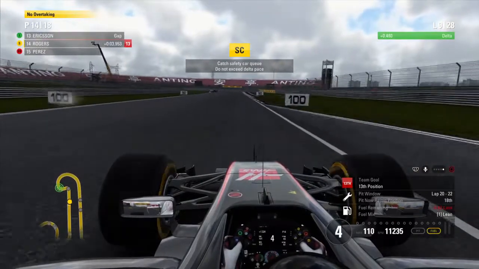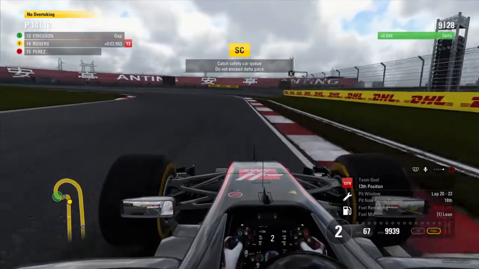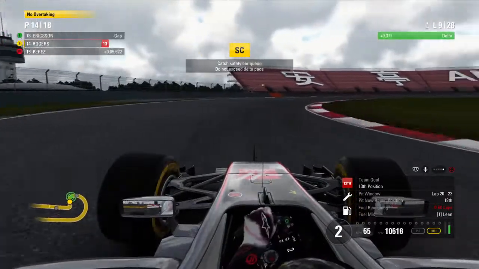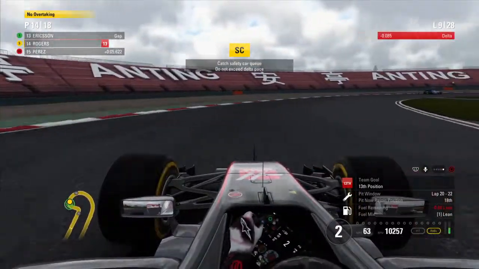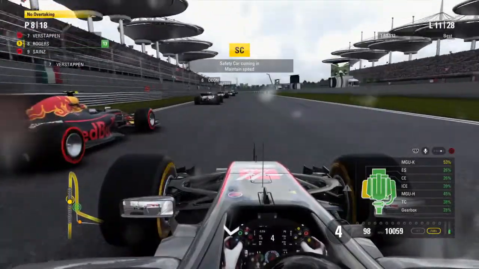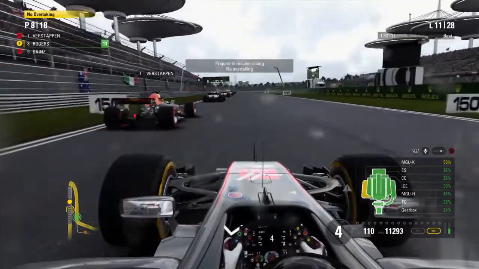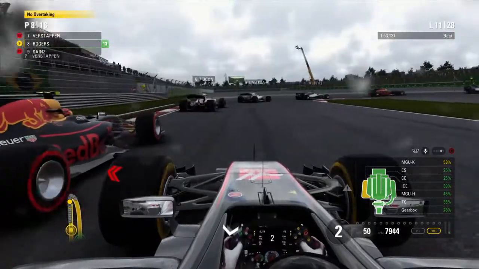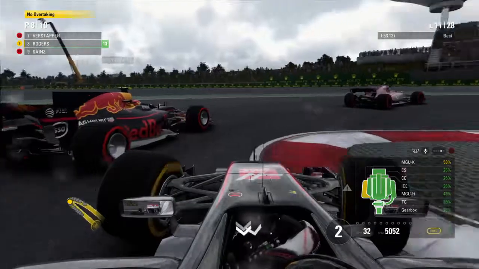But this hasn't really helped us out, because we would have caught up to all the people that are still on the intermediates being stranded out there on the drying circuit while on the wet tyres. So we're not really advantaged by that. But heading out now as the safety car's about to end. At least the only good thing about this safety car was the fact that we've managed to save some fuel,